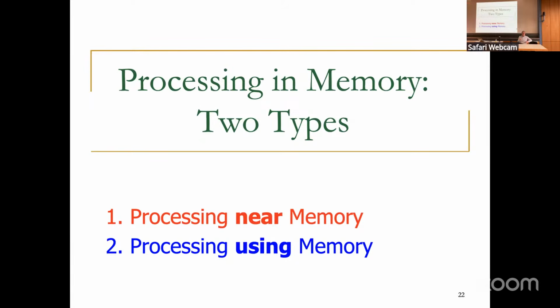DRAM is designed in a particular way, and the charge sharing capability of the DRAM enables computation capability. Right? You don't add extra logic. Now that becomes a combination of processing using and near. But you don't add extra logic, you just use what happens with memory to do the computation. Make sense? So these are two fundamentally different approaches to processing in memory, and they could be used with any